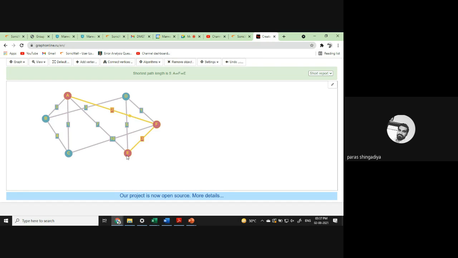You can see that here the weight of this one is 7. यहाँ पे 7 है. ठीक है, the direct route has a weight of 7. And if we follow this direction, A to F and then E, what is the total? That is 3 plus 2 is equal to 5. Clear? And that will be the minimum among all the possibilities. Clear? That is A, F, E, equal to 5. And that is used in Google Maps. Okay, that system is used in Google Maps to find the shortest route.